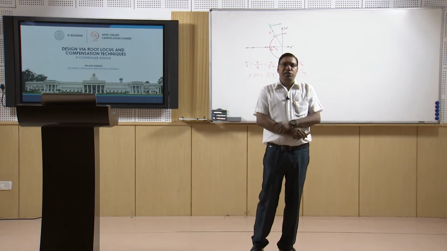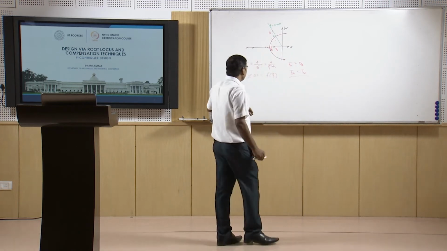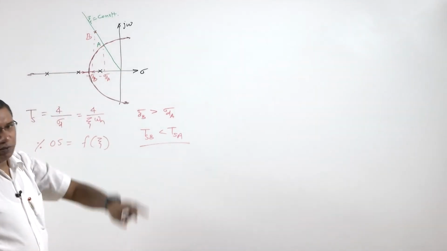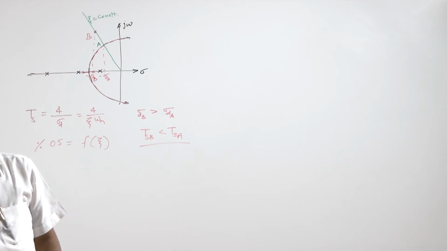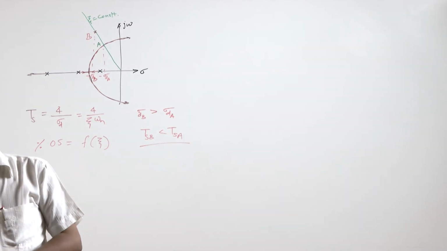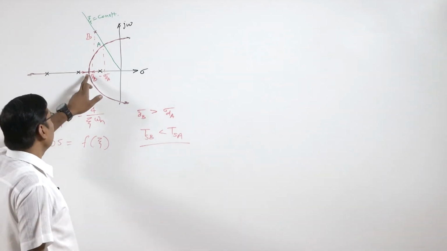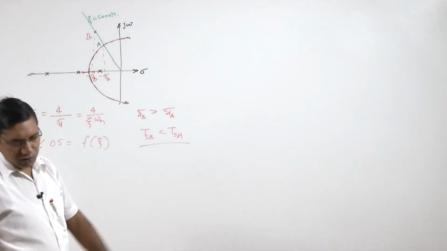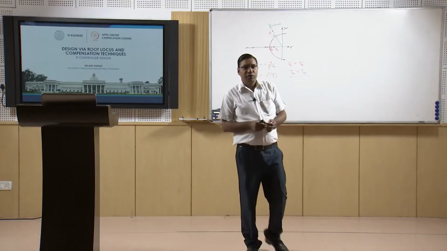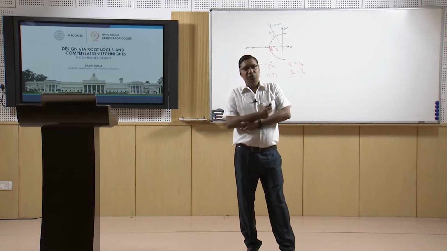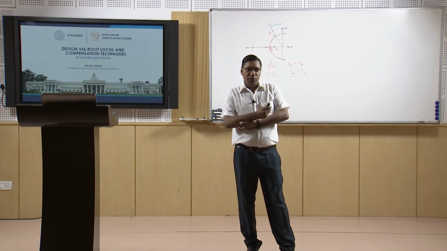Therefore, we need to change the system, because if we want this root locus to pass through this point B, so that we can get the response corresponding to point B, we need to change the system, because only a changed system can have a root locus that may pass through this point B. But changing a system is quite an expensive and counterproductive process,